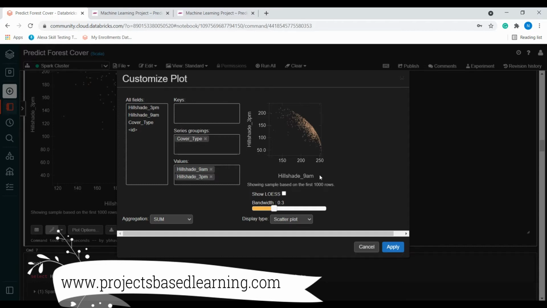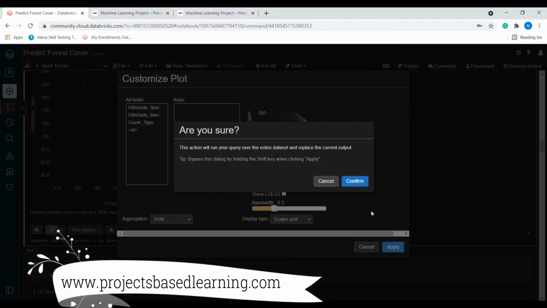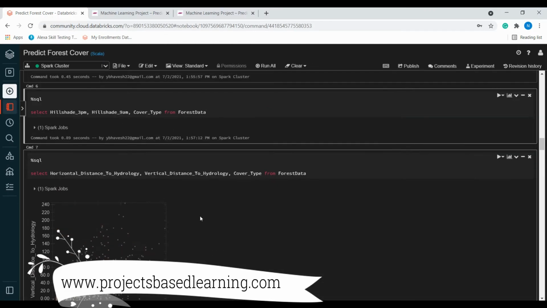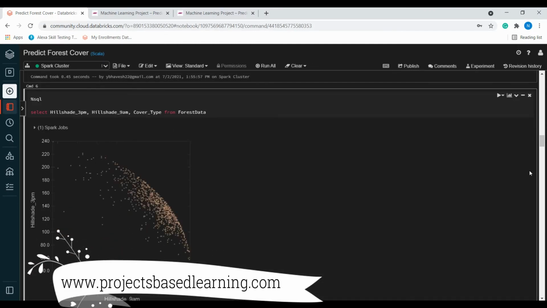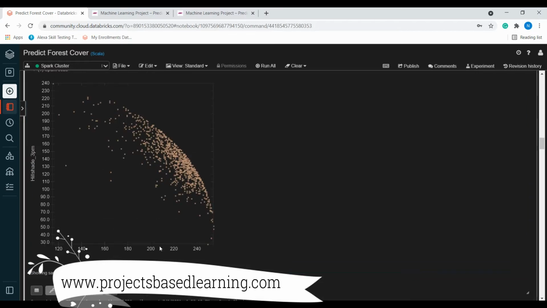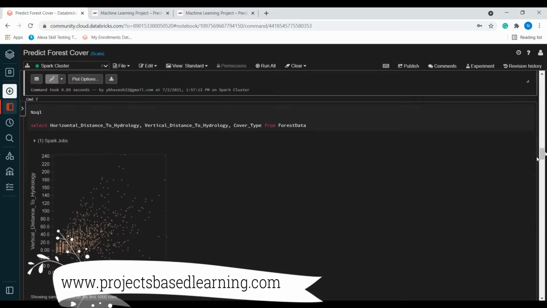So hillshade 9 a.m. will be on the x-axis and hillshade 3 p.m. will be on the y-axis, and we are grouping it by cover type. Click on apply. Here the data will be displayed. If you want to maximize it, you can drag it this way, and the graph will be maximized.